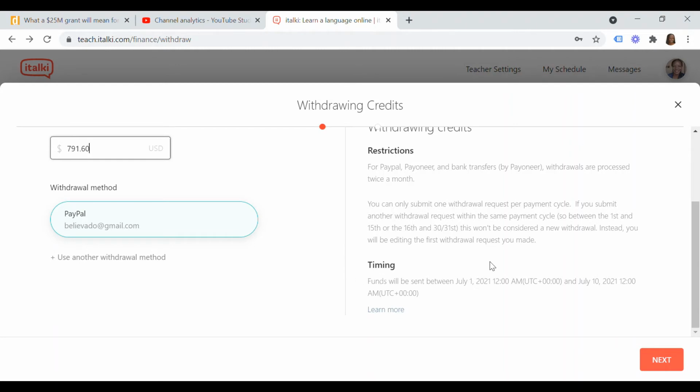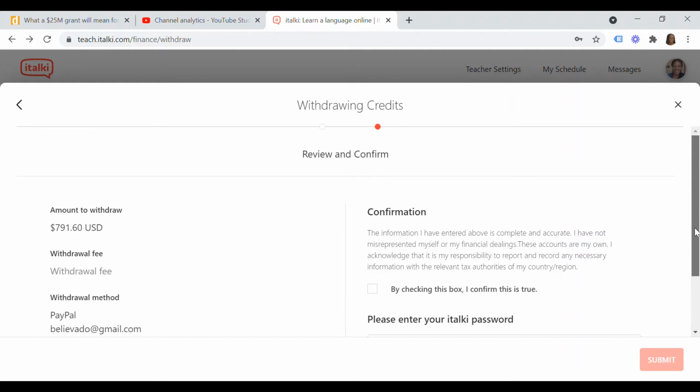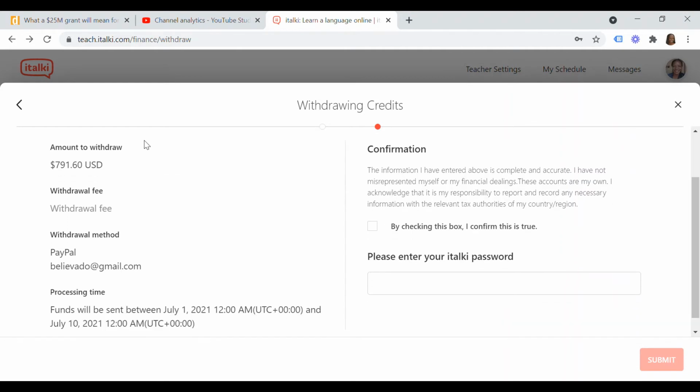And then because I am requesting for the withdrawal after the 15th, then these funds will only be available between June 1 and July 10. Okay, so click on next. So as you can see here, I am going to withdraw $791 US, and the processing time is July 1